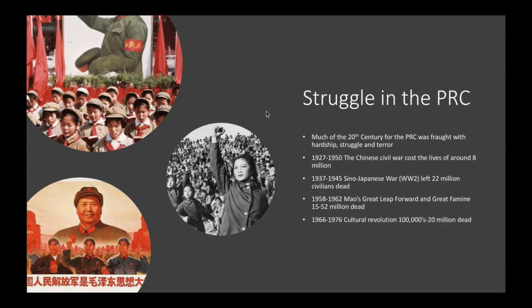Between 1966 and 1976, the Cultural Revolution left between hundreds of thousands to 20 million people dead, many more persecuted, many more forced to flee China and go into exile, and much of China's history, including artifacts, thought, and academic thinking, was destroyed, wiped out in an attempt to go back to a year zero and rebuild the country